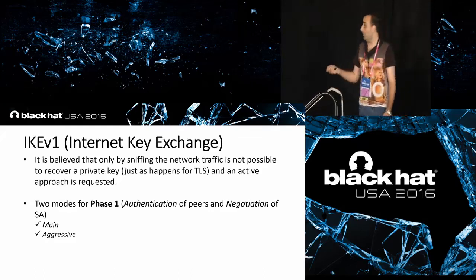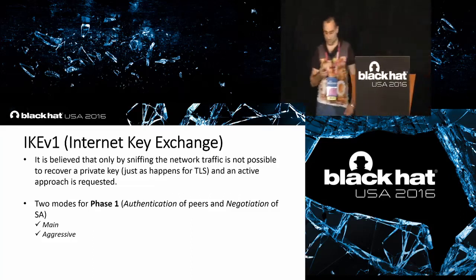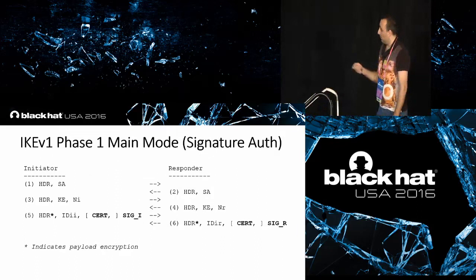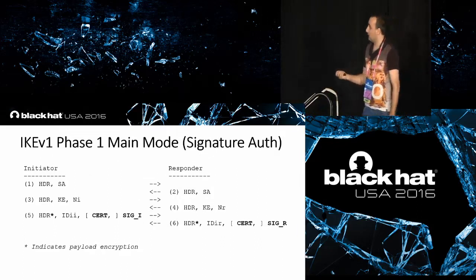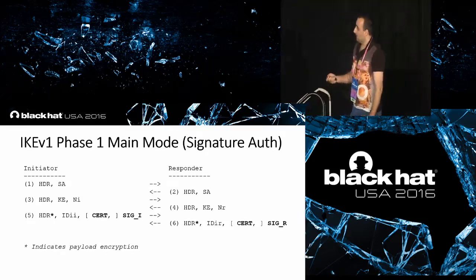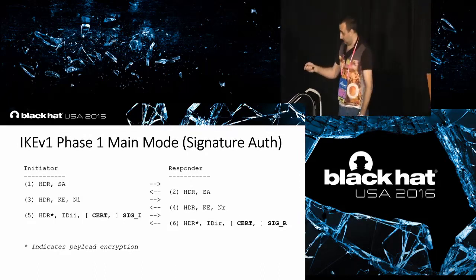Both of these modes support a so-called RSA signature authentication, which is based on digital certificates. And this is what happens when the main mode in IKE version 1 is used. As you can see, on packet number 5, basically the initiator, which is the attacker, must send a certificate